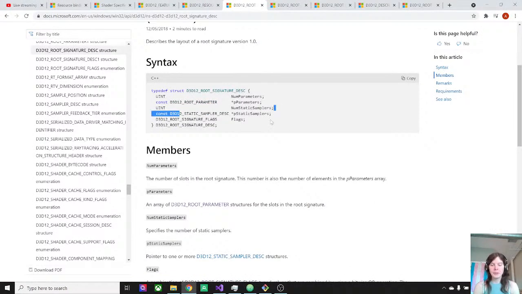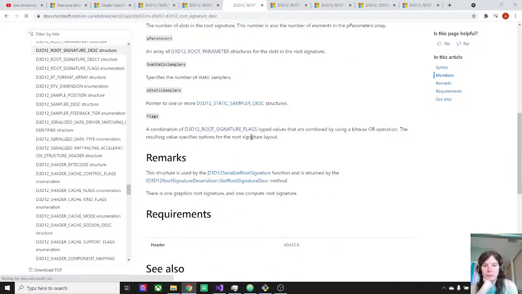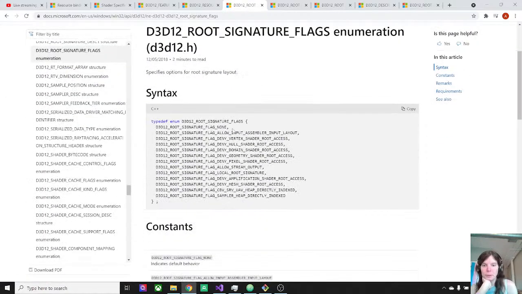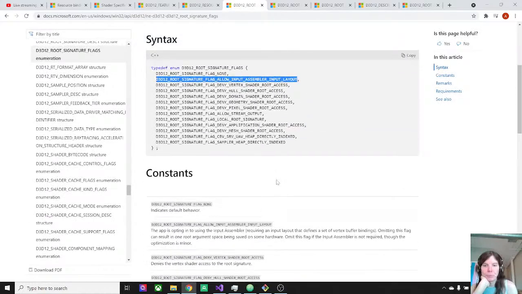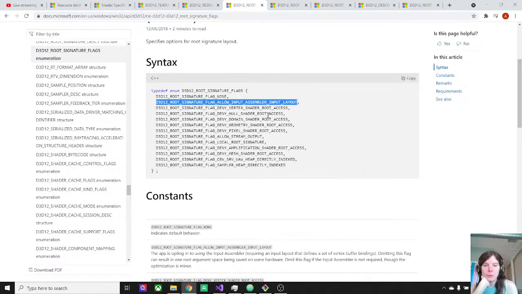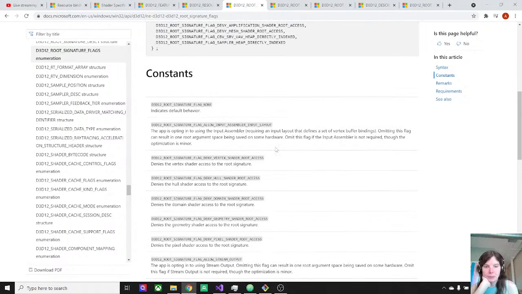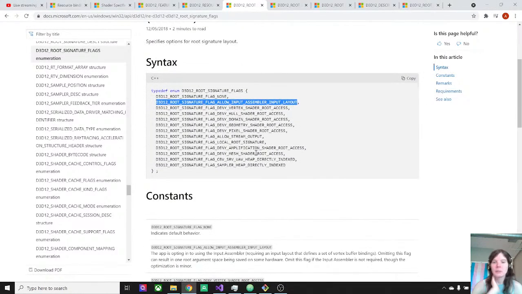Don't care about static samplers right now. Do we care about flags here? What are these flags again? We do not want input assembler. Like this will turn off vertex buffers if we don't include it, but we'll still get index buffers,